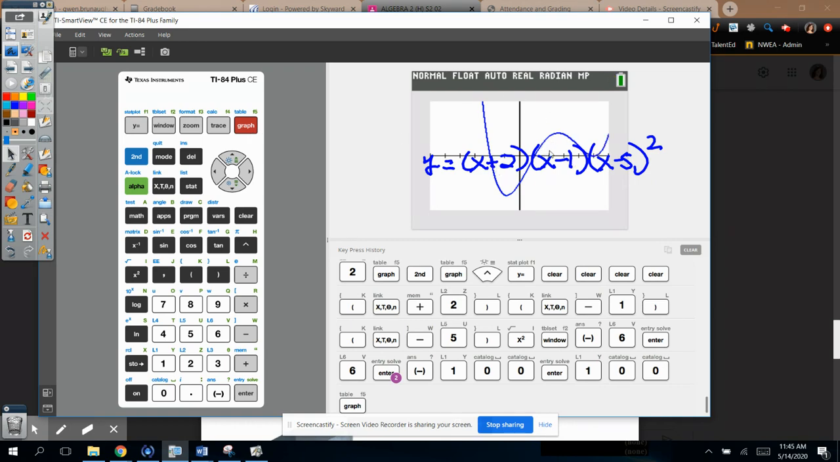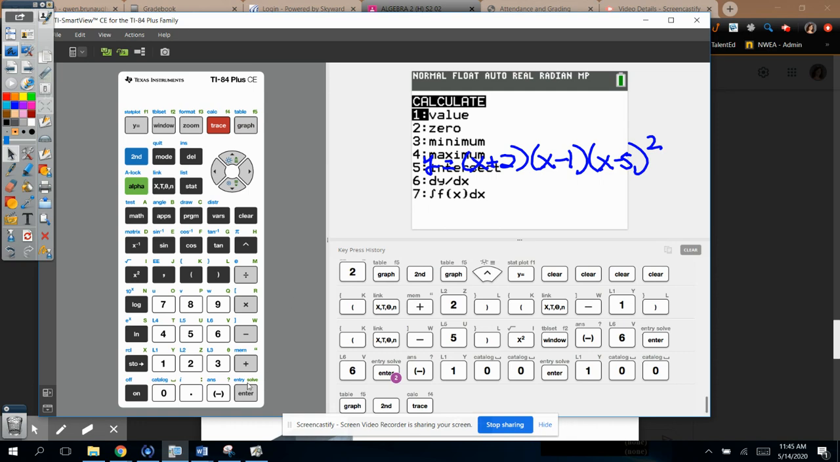And then there's my x-intercepts, which you probably could have already drawn that out. But here, if you do second, calculate, minimum,